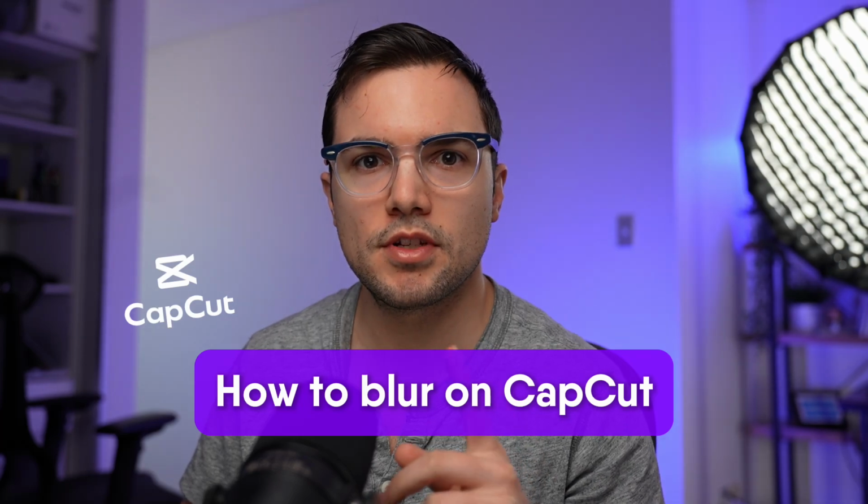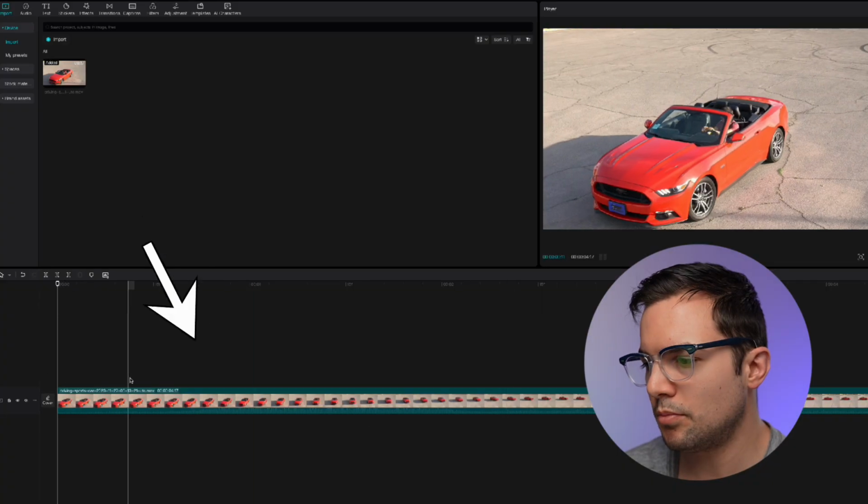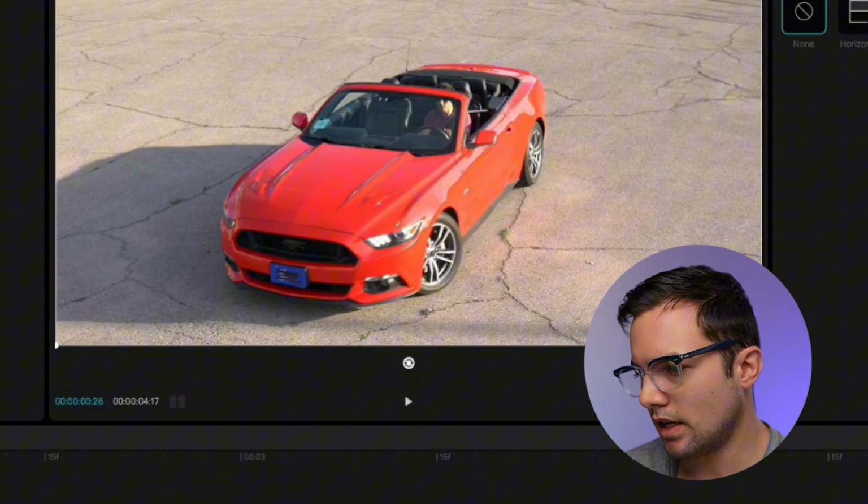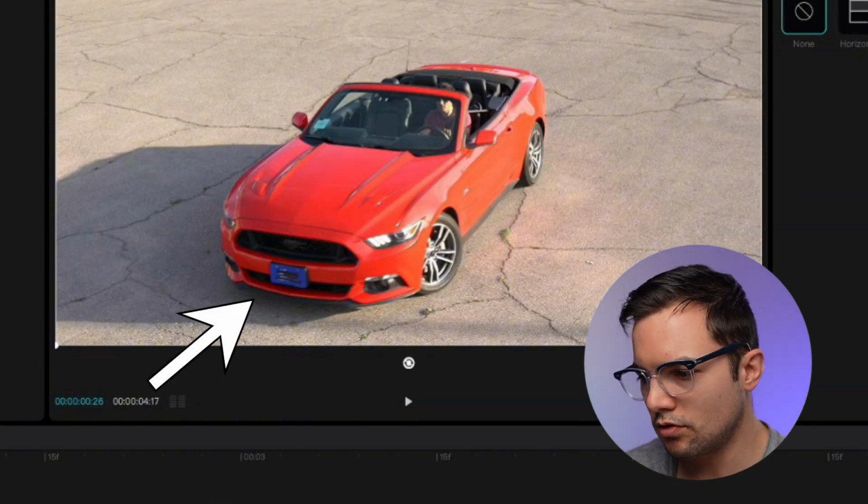This is how to blur something on CapCut. The first thing you want to do is import the clip into the CapCut timeline. Here I've just imported a car, and what we're going to do is try to blur the rego of